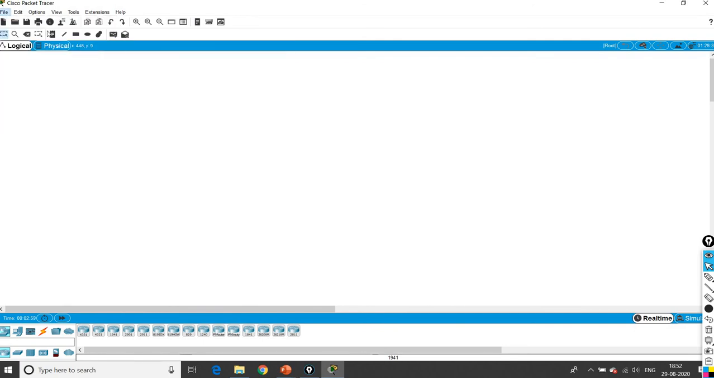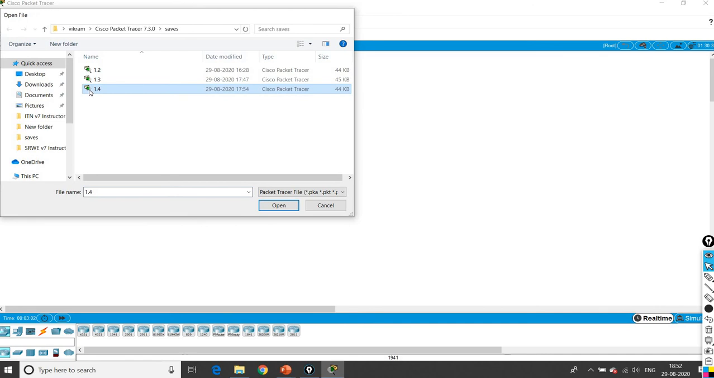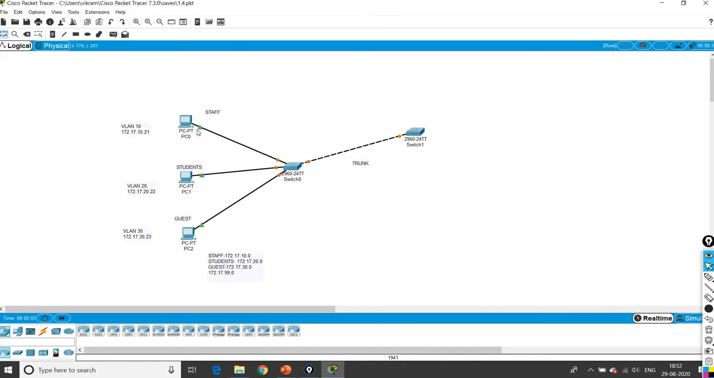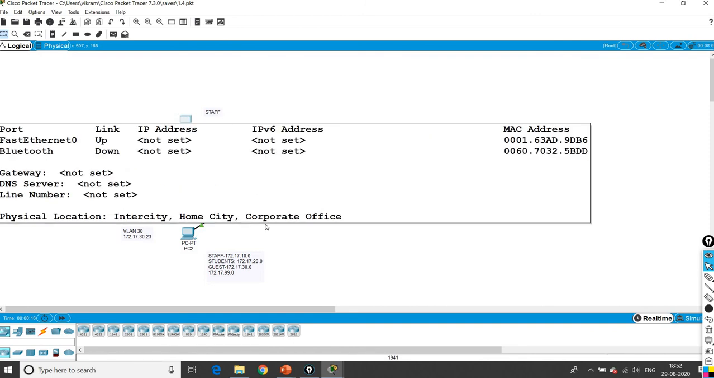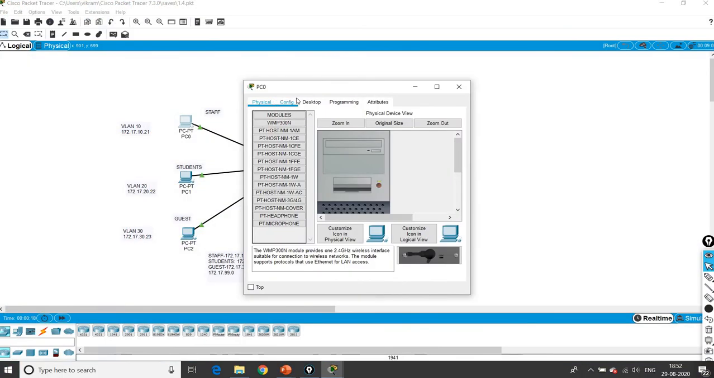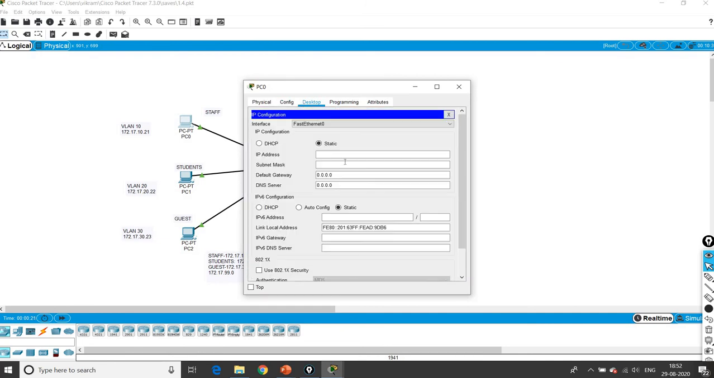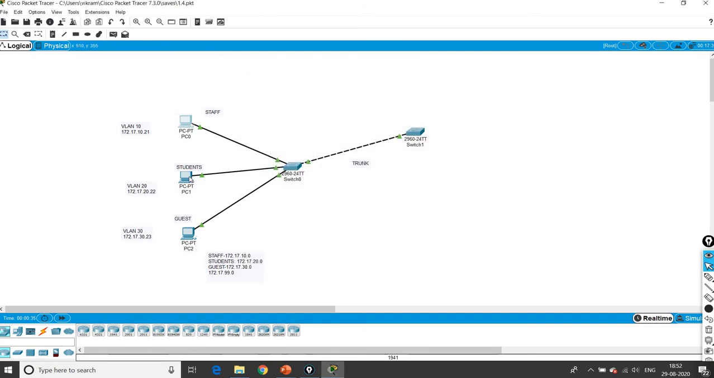I have already taken one example, the same example. For VLAN 10, the IP address for the PC is 172.17.10.21. How to set it? Just double click on PC-PT, PC1, that is staff. You can see the Config, Desktop, IP Config. What is the IP address I have given? 172.17.10.21. The subnet mask already comes. Just close it. And similarly for VLAN 20,